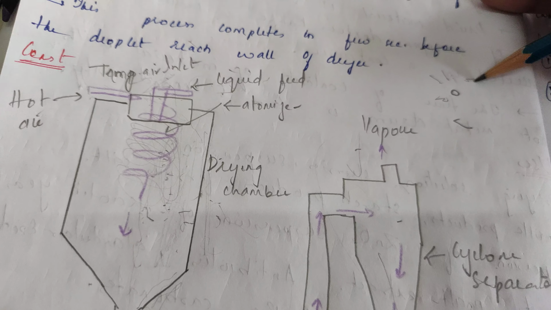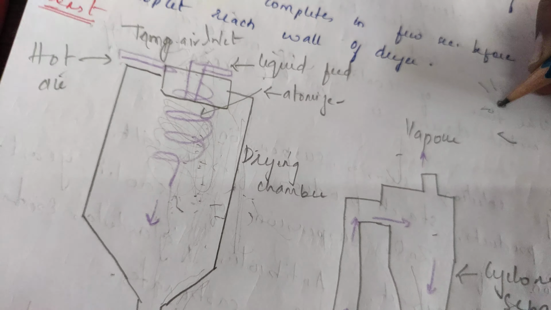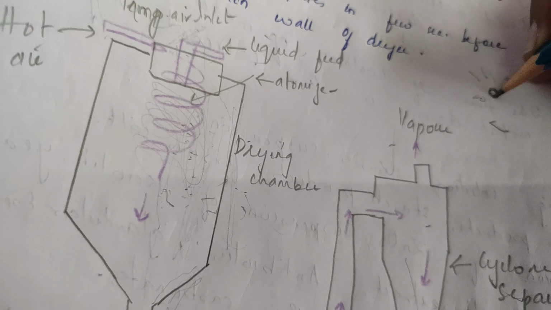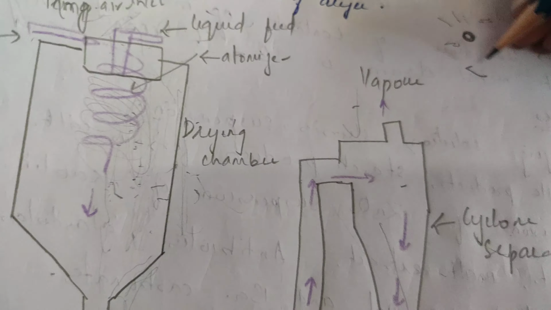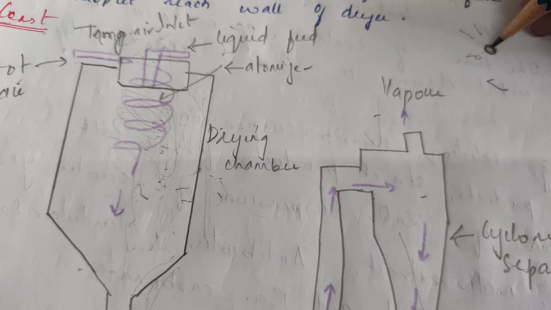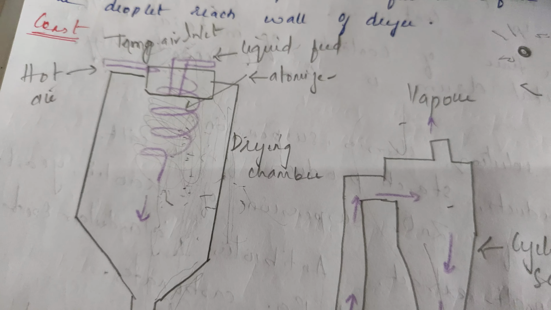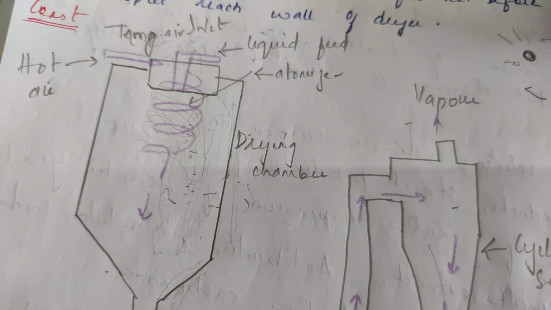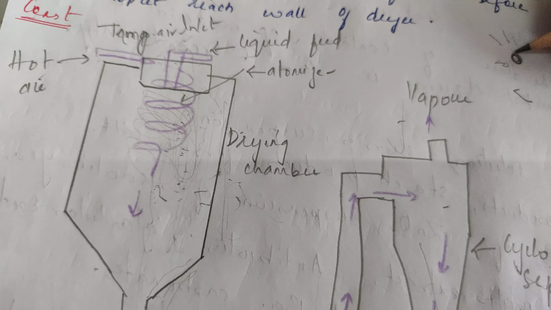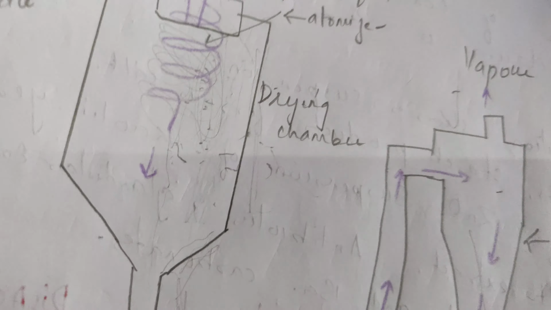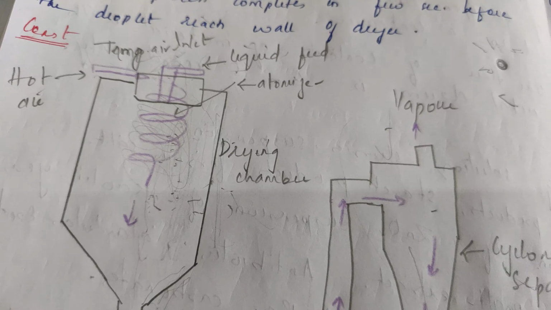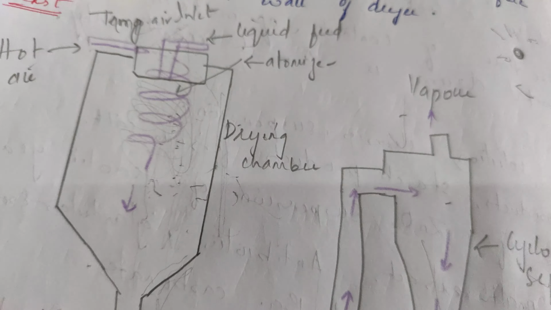What happens after getting in contact with the hot air? First, the outer shell of the liquid forms a thick shell surrounding it. A tough shell is formed surrounding that liquid droplet. Now what happens? The liquid present inside the droplet will try to diffuse out. But during that process of diffusion, when it comes in contact with the hot air, the diffusion will stop completely, because the hot air velocity is more than the rate of diffusion. Hence diffusion will be stopped there only, and the liquid inside will also be completely dried.